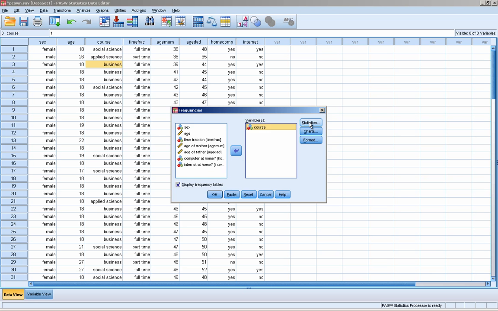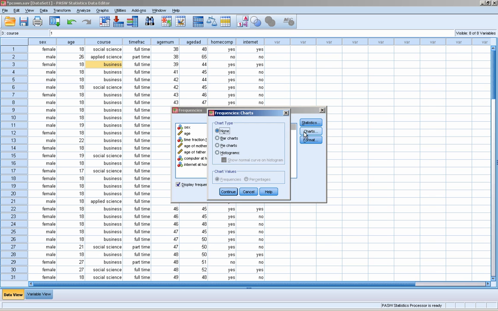On the right hand side we've got buttons for statistics and charts, and so most things that we do in SPSS will have option buttons like these. When we click on them and go into them, we'll have options of what statistics or what charts we want to produce. So we're going to click on charts, and you can see that we have the option of some